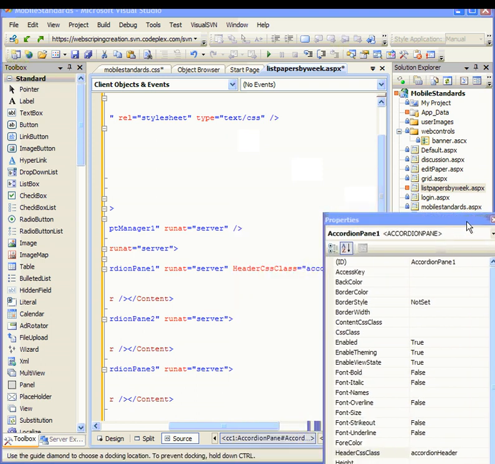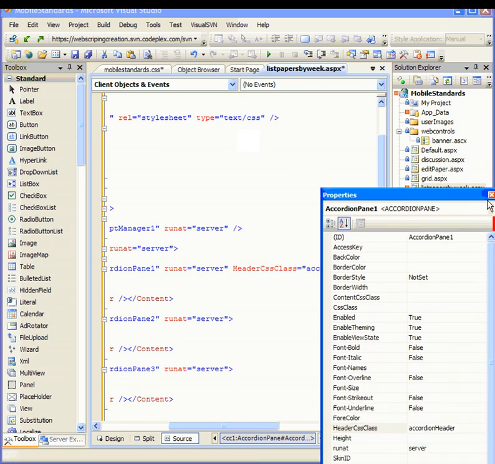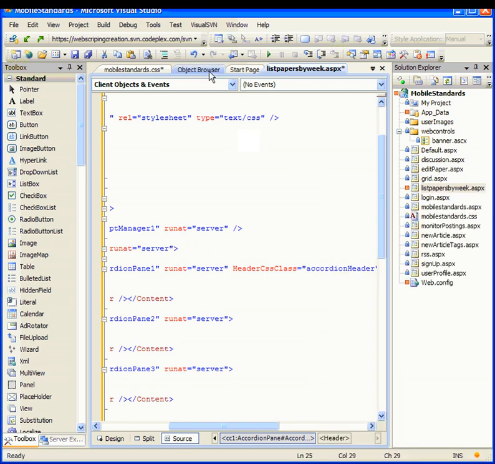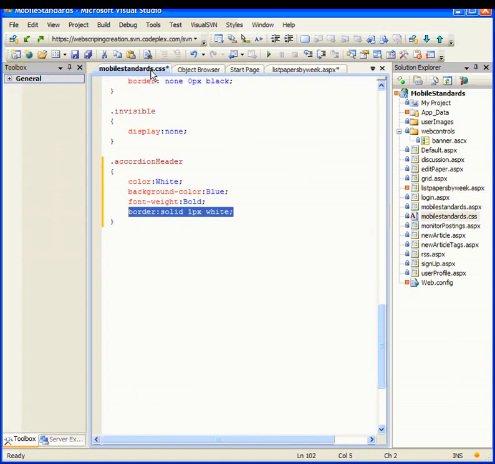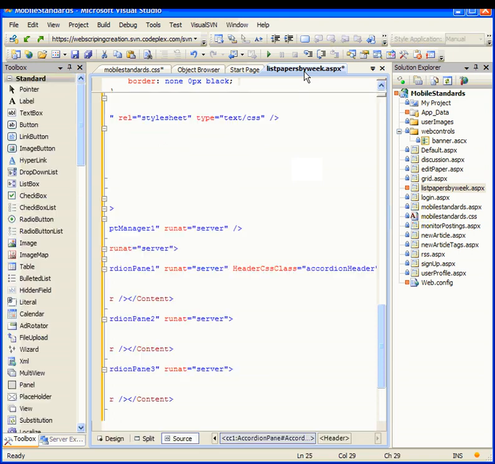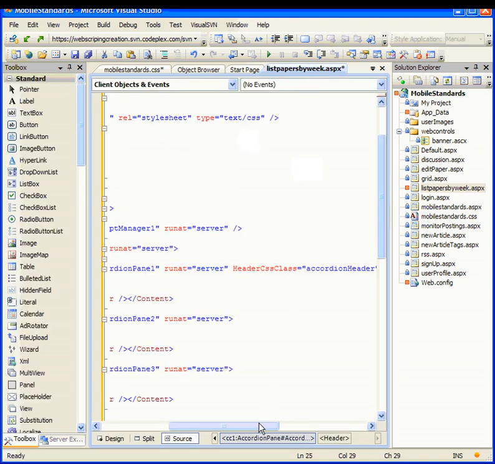Let's see if I can dock this in. No, it doesn't seem to dock. But anyway, there we go. So there's the accordion header. Let me just check that is the right term. Accordion header, yes. Okay. So now, if I click on this papers by week, I should be able to now see